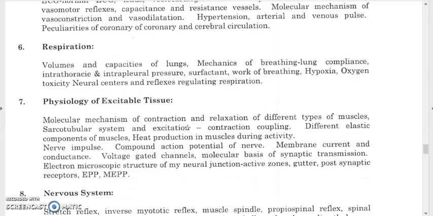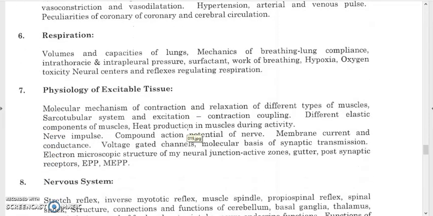Now, next you have to study respiration, human respiratory system, like in case of how our lungs function, what's the mechanism of breathing, like different types of lung volumes, like different measurements like ERV, expiratory reserve volume, RV, residual volume, right? So different types of volume you have to study here. Now, intrathoracic and intrapleural pressure, surfactant, work of breathing, hypoxic condition, oxygen toxicity, neural centers and reflex regulation of respiration, how